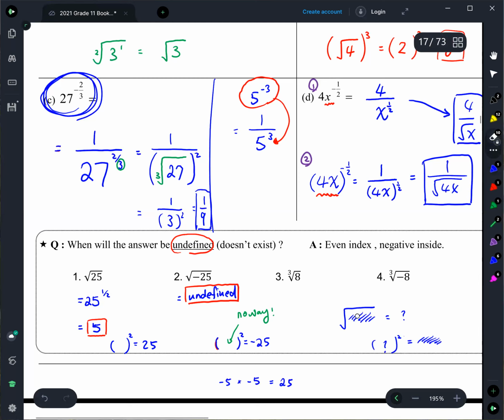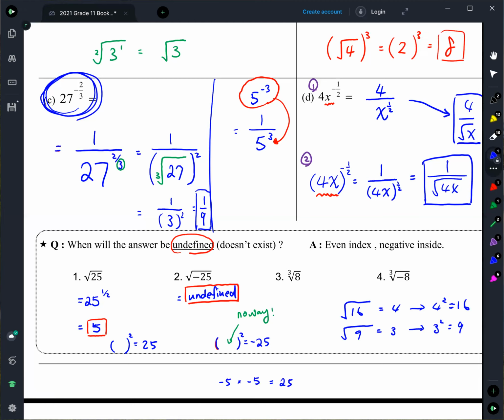Okay, maybe that's too confusing. Let me try to explain differently. For example, square root of 16, we know it's 4, right? So that means 4 squared will be 16. If you have square root of 9, which is 3, in other words, 3 squared is 9. Right? So if you have square root of -25